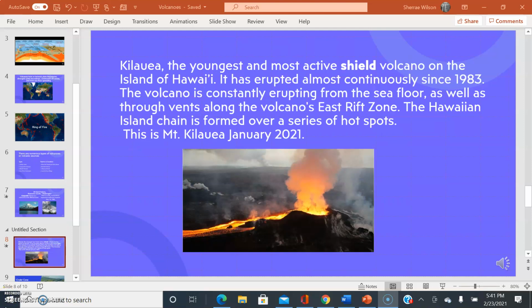Shield volcanoes are associated with mantle plumes at divergent boundaries on land or on the seafloor. The Hawaiian island chain is the best example of hotspot volcanoes. Two of these, Kilauea and Mauna Loa, located on the Big Island, are two of the most active volcanoes in the world. Shield volcanoes are also